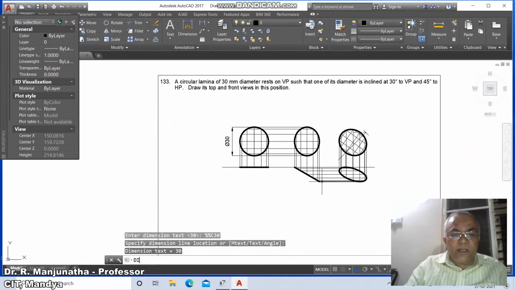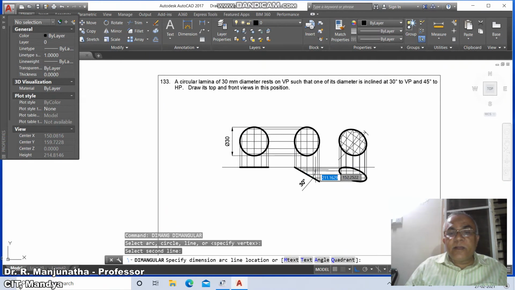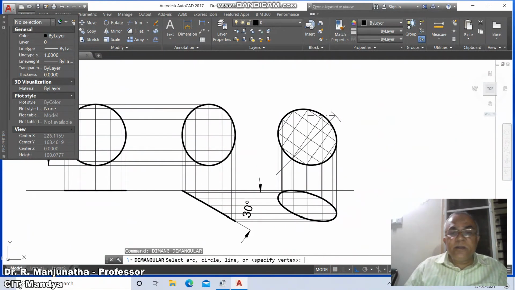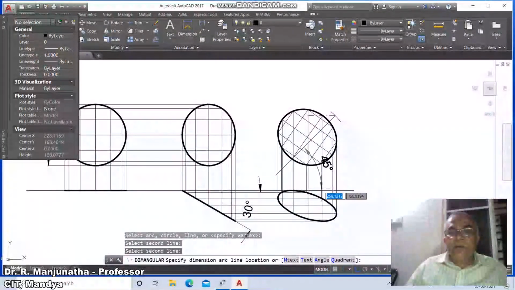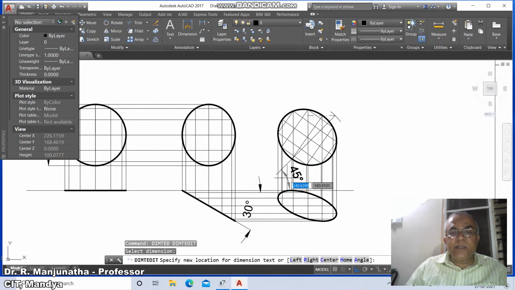Then similarly dim angular, select between this line and this line, you make it 30 degrees. And go to zoom window, then go to dim angular, select between this line and this line to make it 45 degrees. Then dim TED, select this and bring it here.